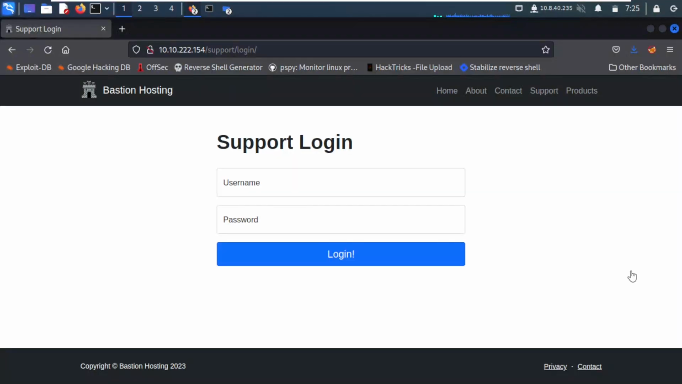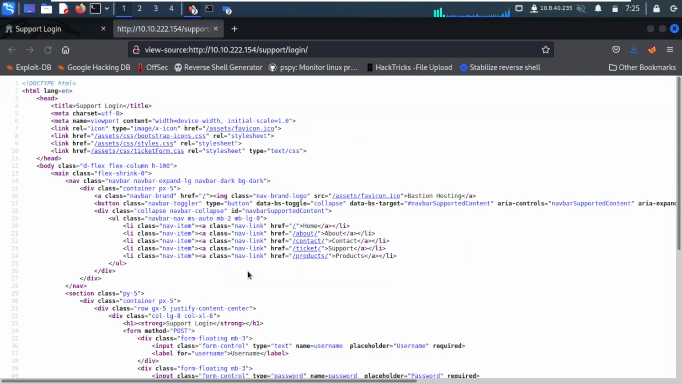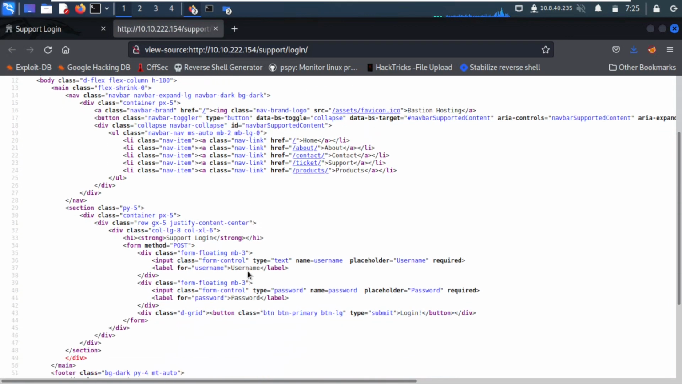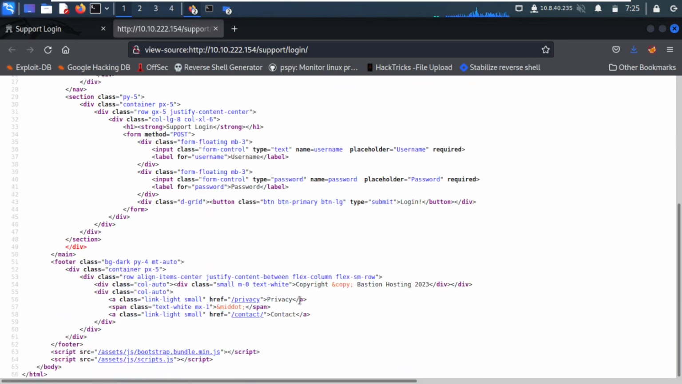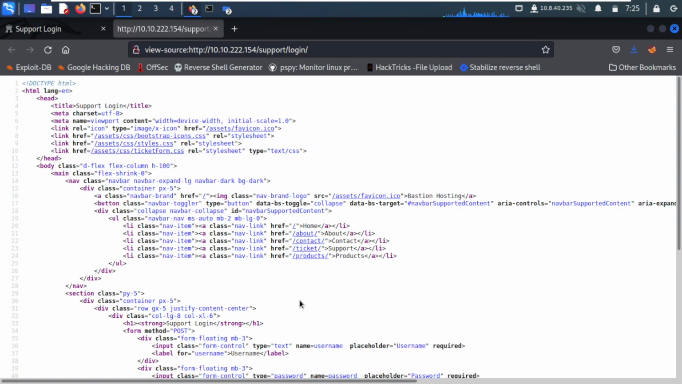So now that we've talked about all the theory behind Intruder, how it's used, every subtab that exists there, and attack types, let's go and do a practical example. Let's go to the support login page and look at the page source. If we read it, there's a POST where we have to put the username and the password,